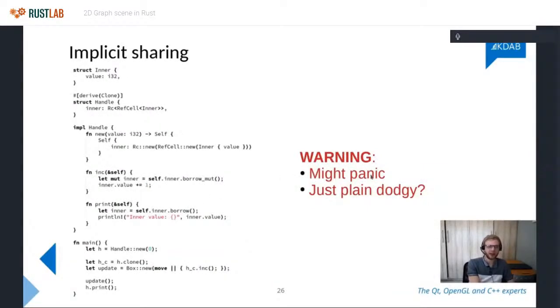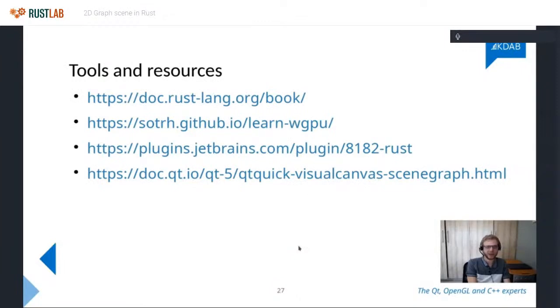The reason I say it can panic is if you're in a multi-threaded case and you're trying to increment and print at the same time, then it's going to cause a panic. This actually won't multi-thread right now because I'm using Rc. To even allow you to try multi-threading, you'd need to replace it with an Arc, which is an atomic Rc. But once you do that, then it might actually panic if you try to call both these things at the same time on different threads. And yeah, I mean, it might just be dodgy. I don't know. It's up to you to decide, but here it is.